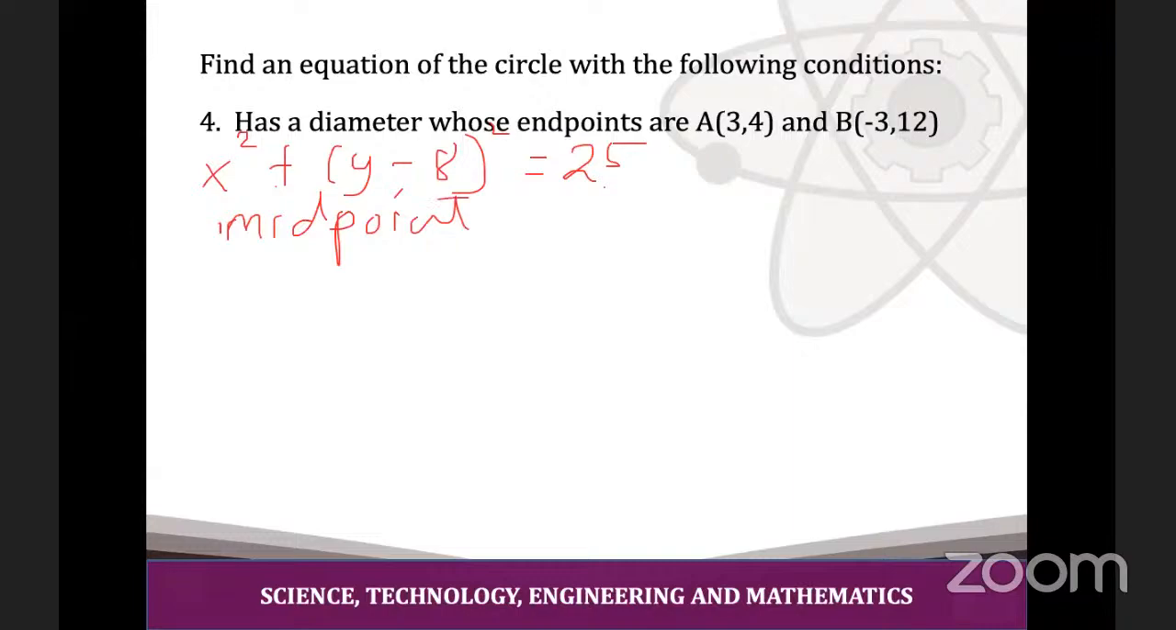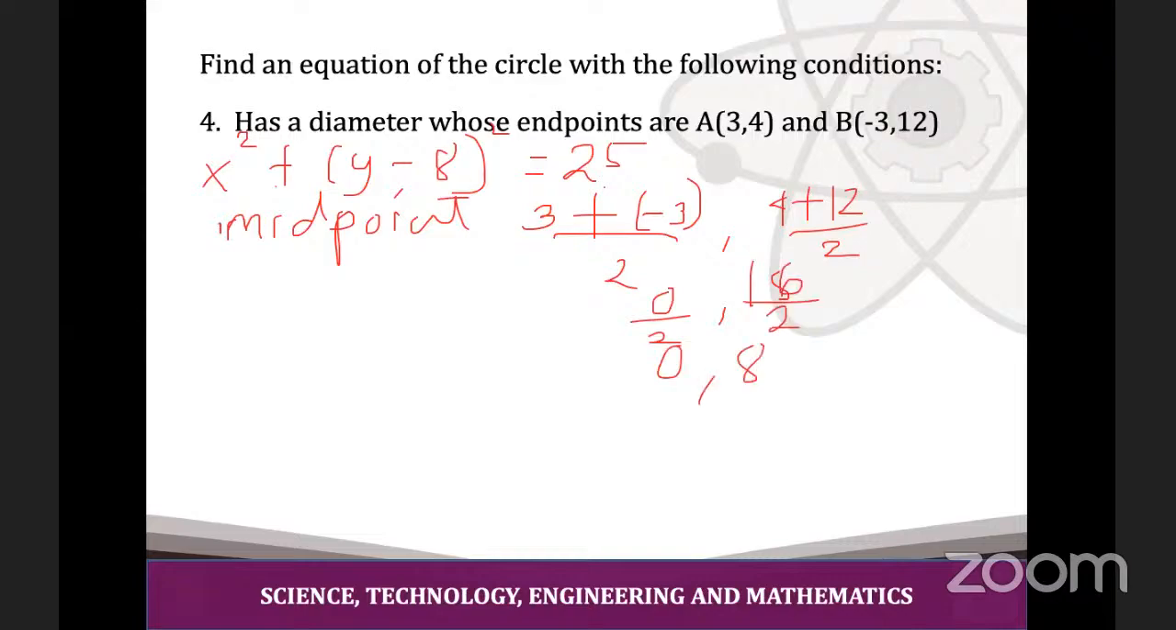Tapos naman po, yung y naman po natin, yung y sub 1 po natin is 4 and yung y sub 2 po natin is 12. So, 4 plus 12 po is equals to 16 divided by 2 is equals to 8 po. So, ang center po natin ay 0 and 8. So, para naman po makuha yung radius natin, gagamitin po natin yung isang endpoint po nung diameter